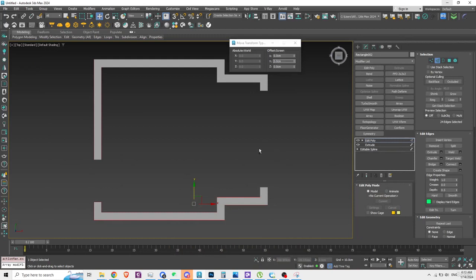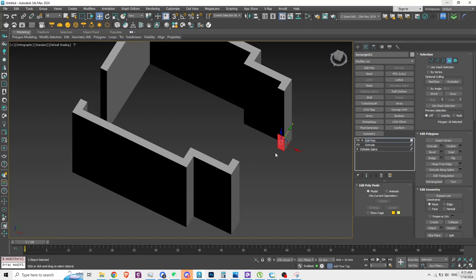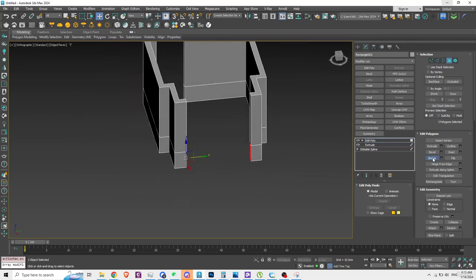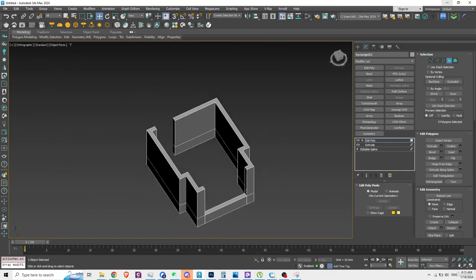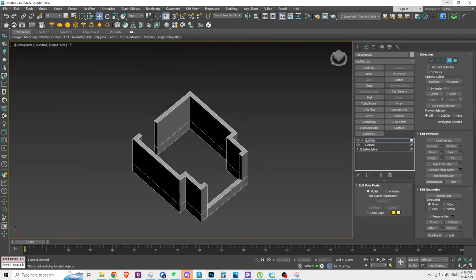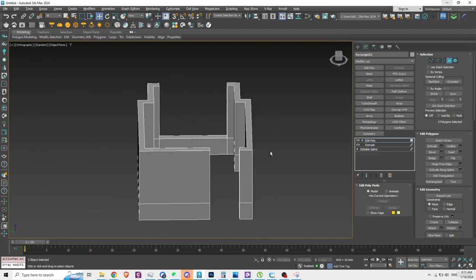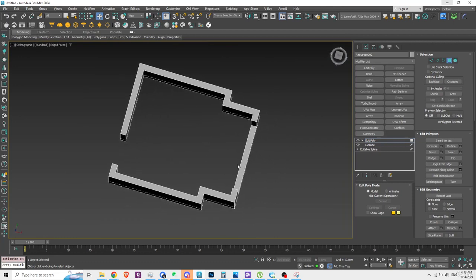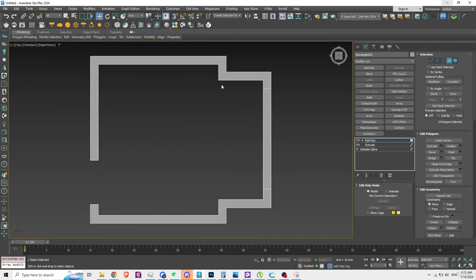Okay, so the next step is I will select the face from here and this guy here, and I will bridge it. Boom. And in this area we will have a window at this place. Okay, so yeah, I think that is pretty much good so far. And yeah, the bathtub will come here in this area,